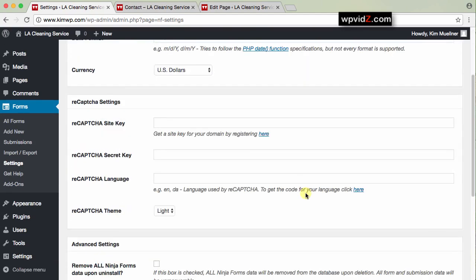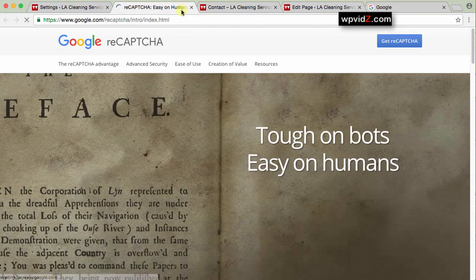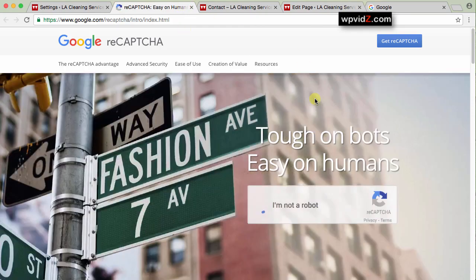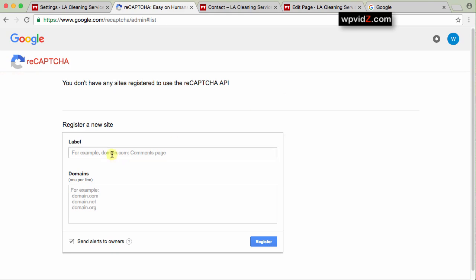Here we're going to go to reCAPTCHA settings, and we want to get a site key for your domain by registering here. So let's now get the site key for our domain. Just click that button here, and it will redirect you to Google reCAPTCHA, and this is the kind of CAPTCHA we want. So we're going to click on the get reCAPTCHA button here, and we want to put a site label, for example,